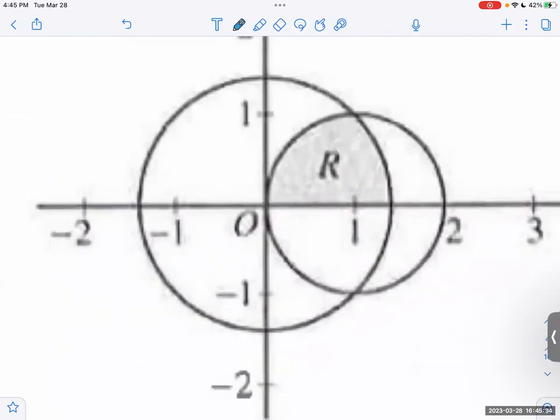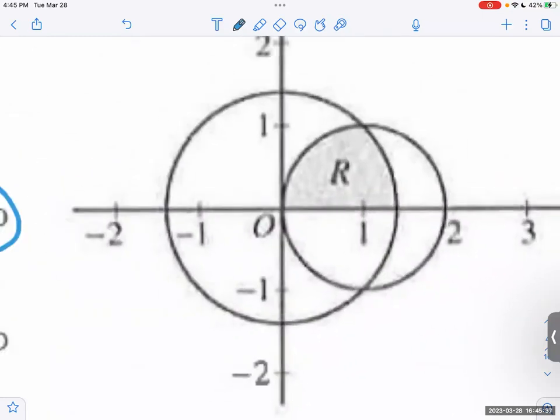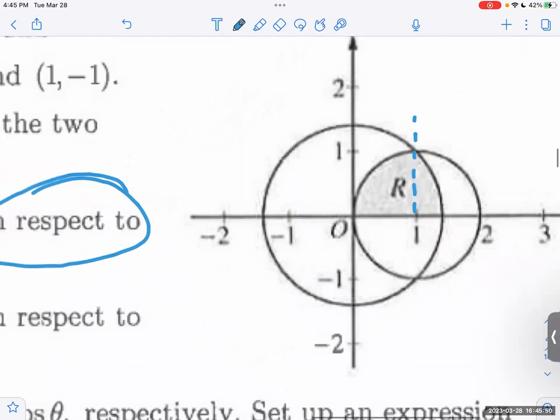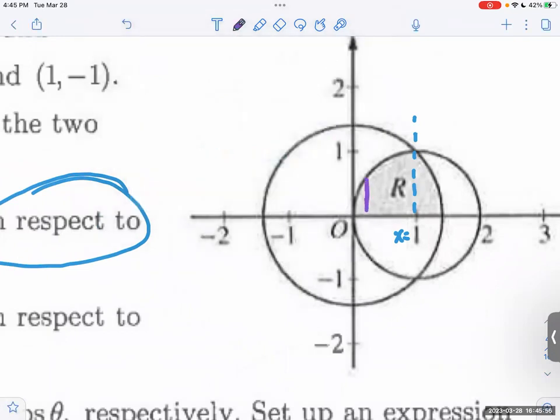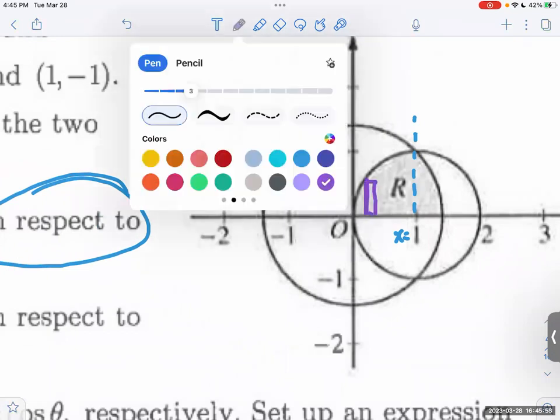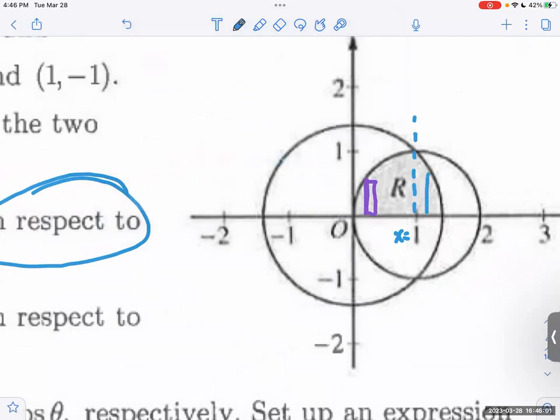So for this one, I'll just discuss it with you. But in terms of x, now we have to switch back our thinking to function mode, which means that we're summing up rectangles instead of sectors. I know it makes it confusing. So we see that the intersection between these two circles is at x equals 1. The first part of the rectangles would be here, and then the other part of the rectangles would be over here. So we see that the top minus bottom